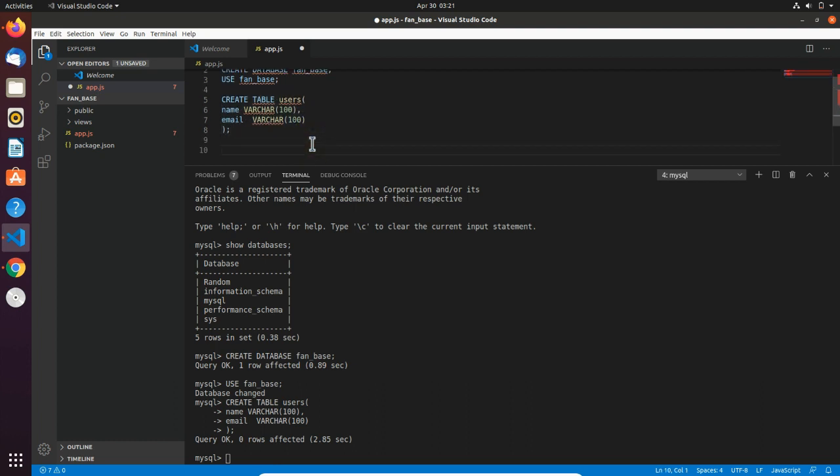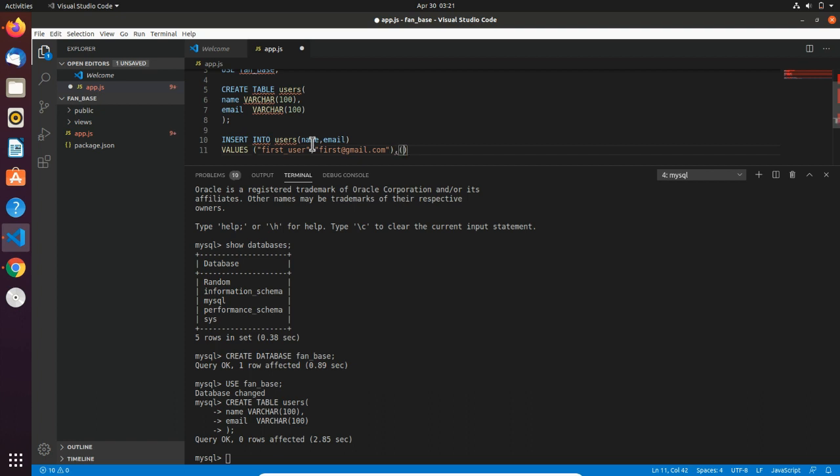Okay, so what we'll do, we'll insert two values. So insert into, the syntax is insert into users name, email, values, parenthesis. I'll give this as first user. Anything you can give, and email as first@gmail.com.